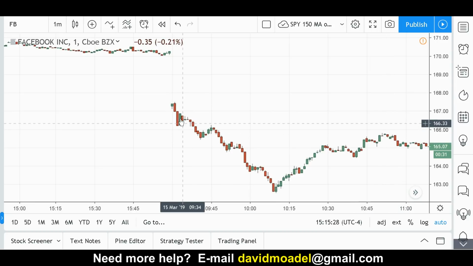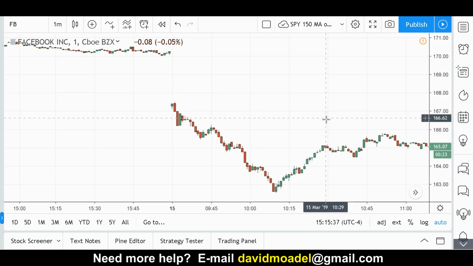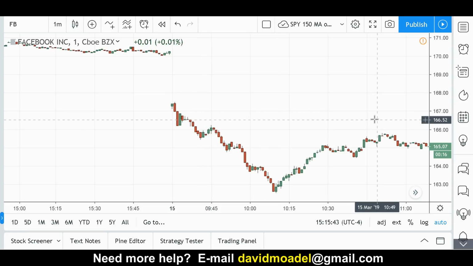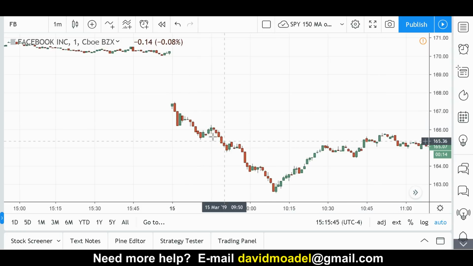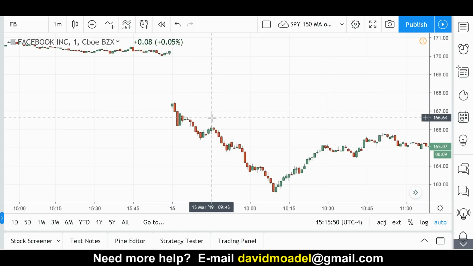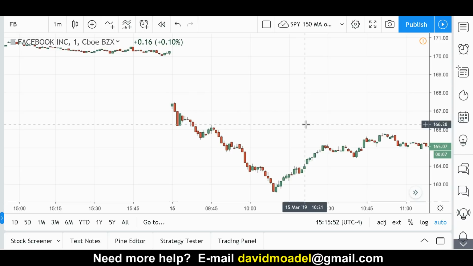Okay, and what if it doesn't break above or below the high or the low all day long? Let's say it just drifts sideways, then you won't take any position at all. You will neither go long nor short. That is going to happen sometimes. If you don't feel like waiting all day for that to happen, you can set a time limit. You can say to yourself, okay, I'm going to wait for the first 15 minutes, then I'm going to establish the high and the low of the first 15 minutes, and if nothing happens by lunchtime, let's say, then you're just either going to close your position if you have one, or you're just not going to take a position,